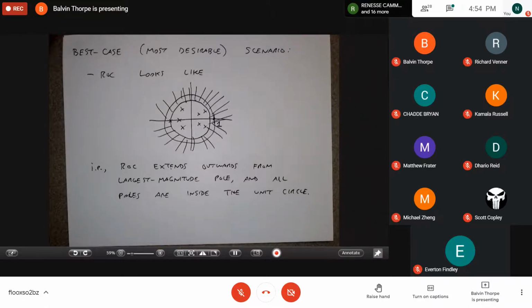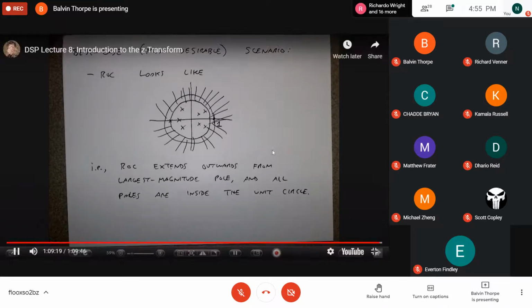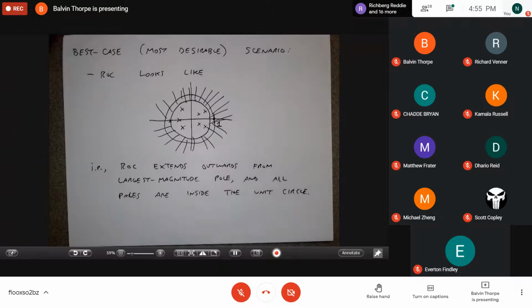And that stuff is actually kind of fun, like drawing the little diagrams for when things go past the unit circle. I always like that stuff, but I don't think we're going to do it in this class. Okay, so all I talked about this time was basically the forward definition of the Z-transform.